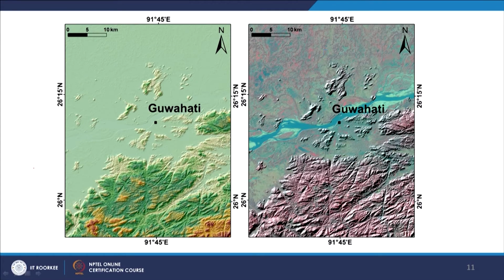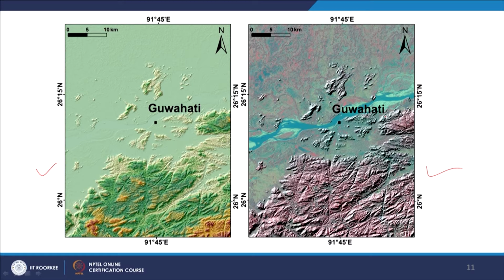See here, you do not see the river. This is, as I have been saying, a bare digital elevation model, and a product is the shaded relief model, which we will discuss in subsequent lectures on how to generate. So here you do not see even the presence of the river, but if I bring a satellite image, creating a 3D perspective view, with the shadow part I have already brought from the digital elevation model, and a satellite image at 50% transparency like this, I get both things without much distortion.